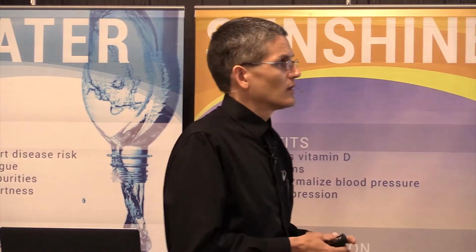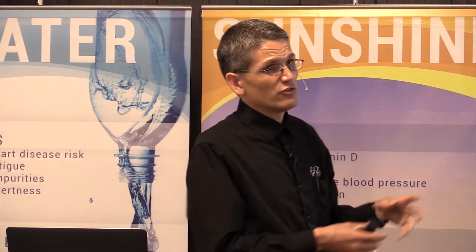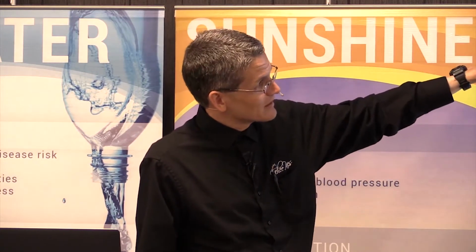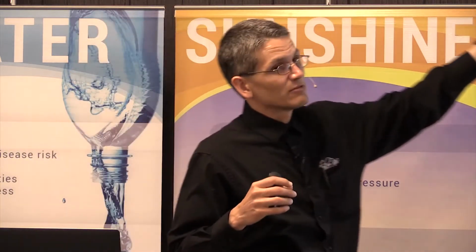So if you treat the cancer, let's say for instance breast cancer because it's the most common one, you've got breast cancer and you do treatments. You've got chemo, radiation, whatever you do, or dietary interventions or other things like that. You had this larger tumor and the tumor gets smaller and it goes away, and you can't see it anymore. So you do a mammogram, you can't see it. You do an ultrasound, you can't see it. You do an MRI, you can't see it. It's gone. You are now in remission.